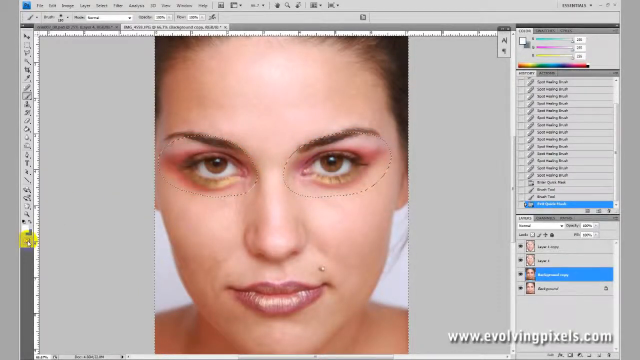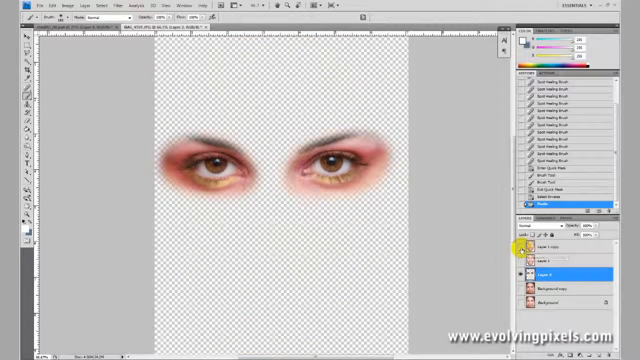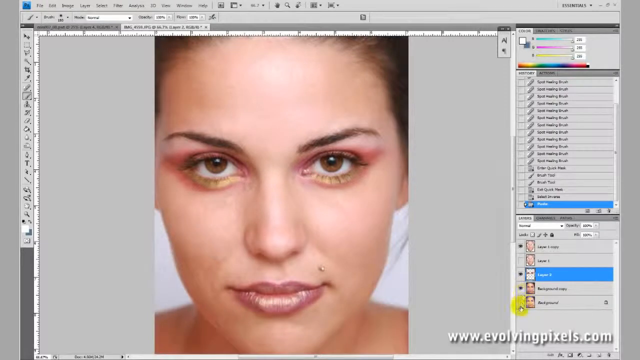Exit quick mask, Control Shift I. Now we have the eyes selected. Control C for copy, Control V for paste. Now if you notice, let me make all these other layers disappear. We have the eyes. That's just what we want. It's perfect. So, putting this together,